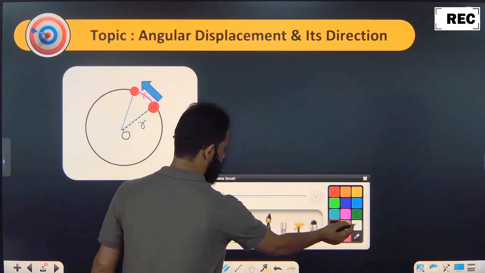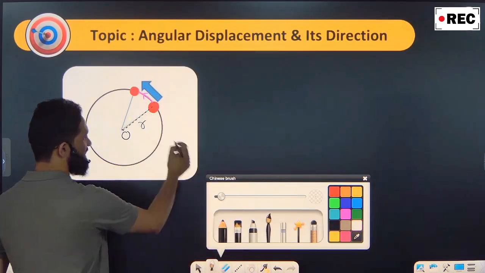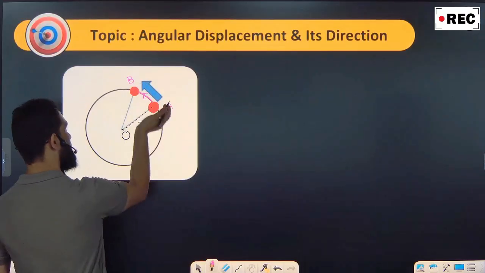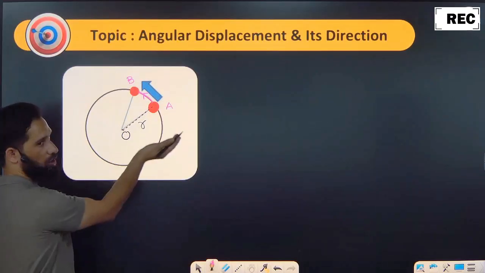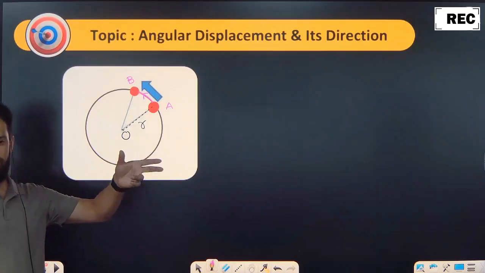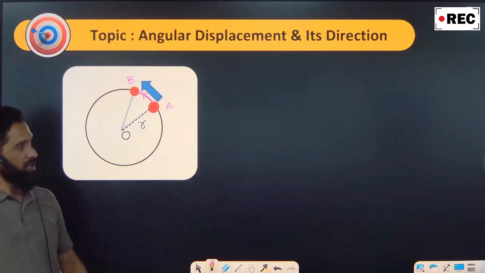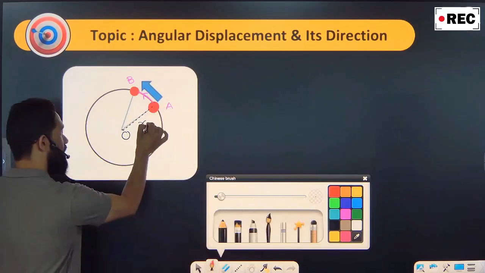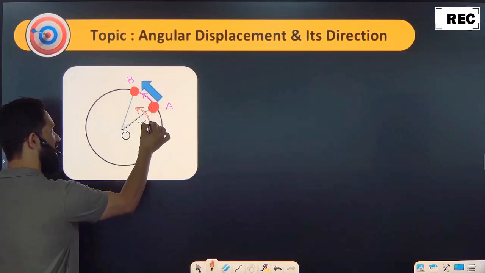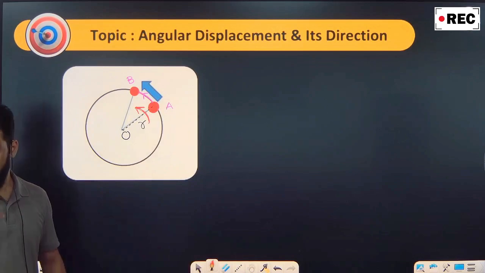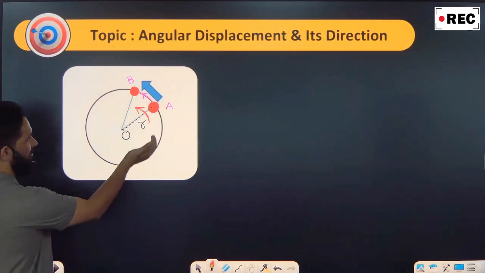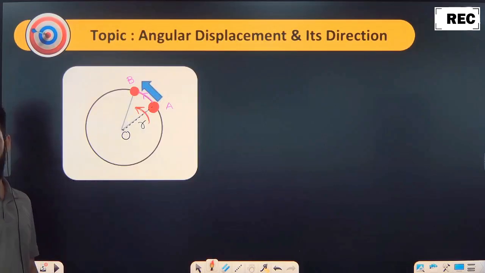So for this circular motion, whenever the body starts, let's say it starts from point A here and it reaches the point B, maybe it is anti-clockwise, maybe it is clockwise. So we will give the conventional directional signs. If it is moving in an anti-clockwise direction, whenever the vector is associated with a moving body which is moving in a circle, that vector which is anti-clockwise, we will give that a positive sign.